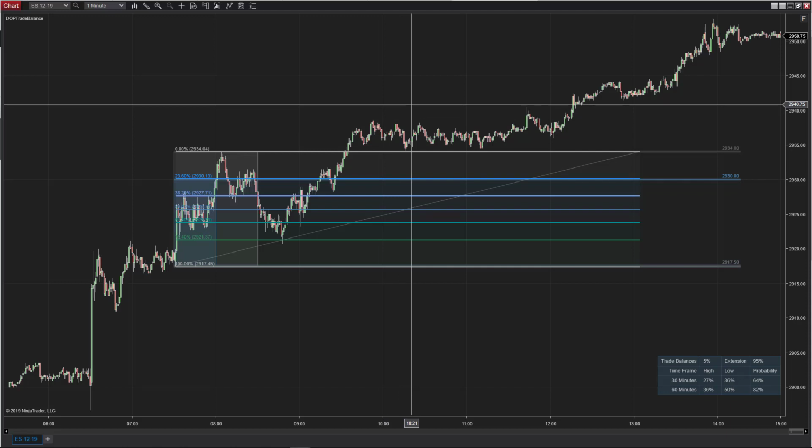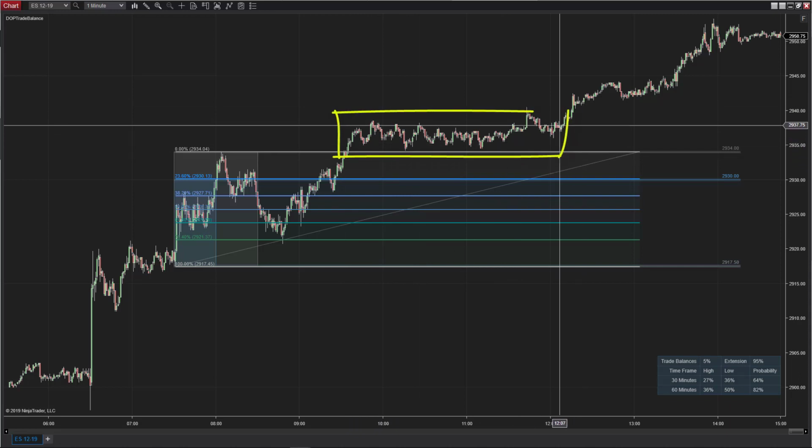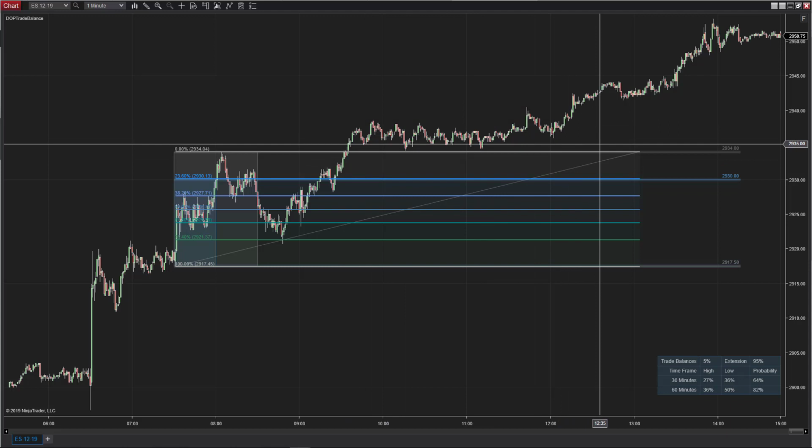So here's the phrase I'm going to give you, and this is something I remember from 15 years ago. I wrote this down and taped it to my computer screen: the longer the launch pad, the greater the launch. What that means is, every single time you see this, get ready. It doesn't mean the market is just going to shoot up 100 points, but what happens is you have